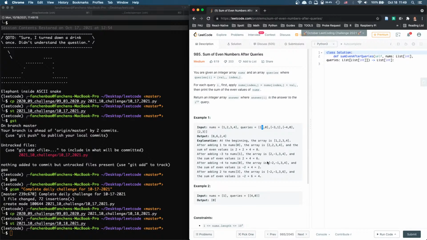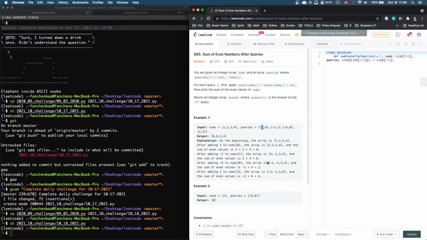Can we do the delta? Let's do delta. So minus 4. So like 2 and 4, right? The delta is 2. And 4 is even, and the delta is even. So we add it. So that'd be 4. And if previous is odd, and now I add an odd,